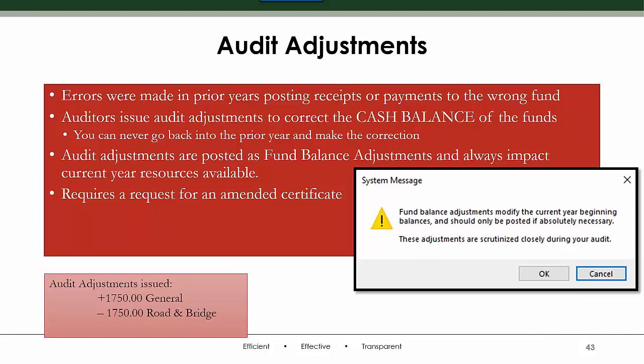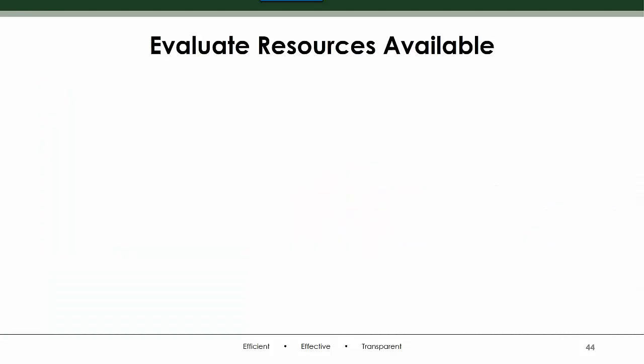I posted a receipt to the Road and Bridge Fund. I just grabbed the wrong account code and didn't see it, and it should have been posted to the general fund. So I have to do a positive adjustment to the general fund, which means it gets more money, but I have to do a negative adjustment to the Road and Bridge Fund, which means I'm going to have to evaluate this to see whether I'm going to get a compliance violation, because my auditor wants these today. I have to prove I did them today to close out the audit.